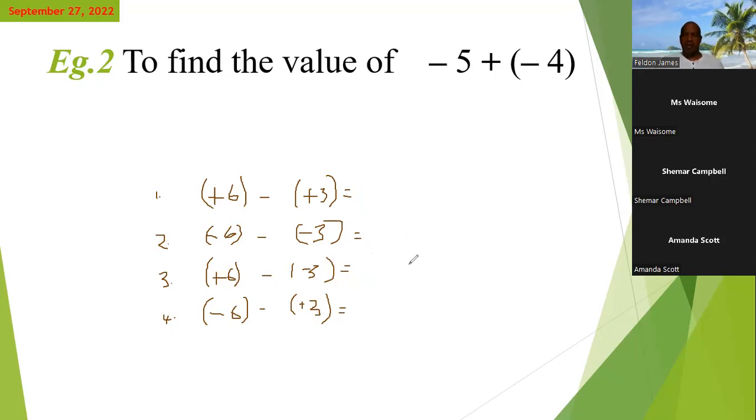Now, I would like somebody to give me the answer to the first question. What is the answer to this one? Positive 3, sir. You get positive 3. The second one? You get negative 9, sir. Negative 3. All right, so I'm going to